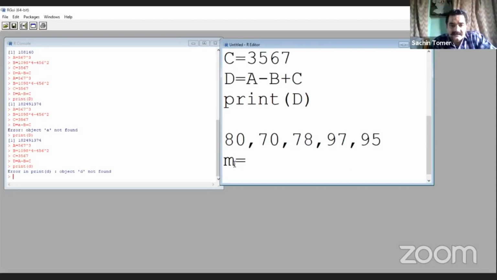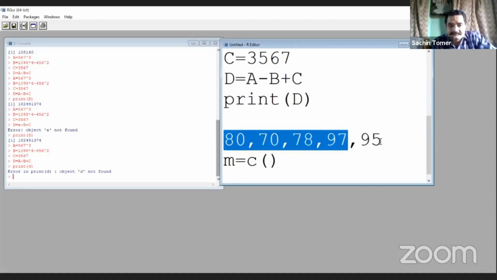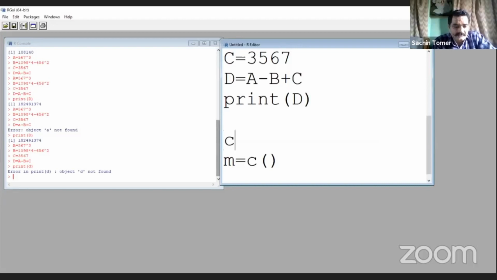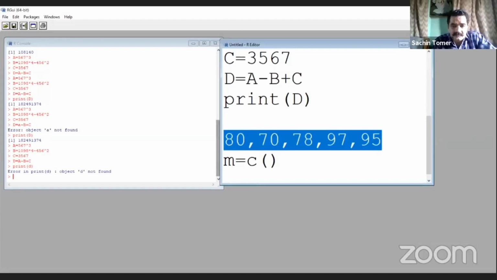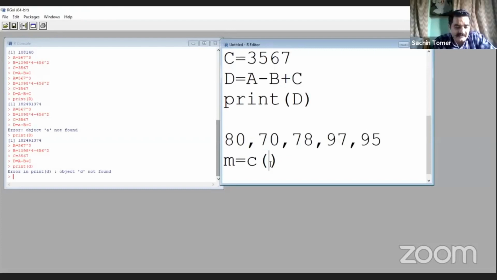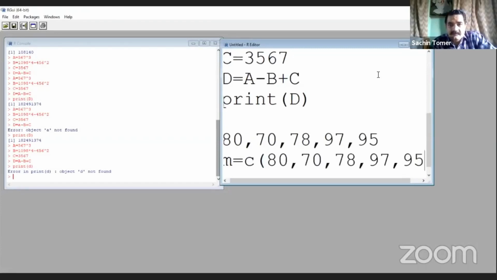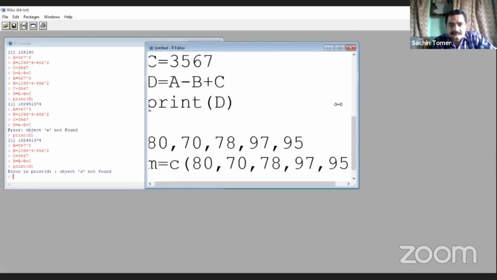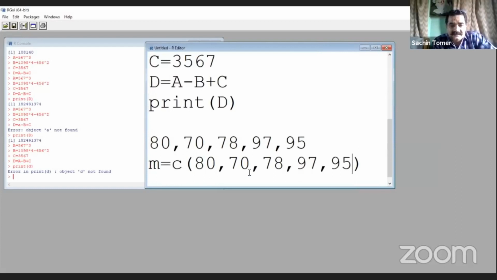M for marks is equal to c, then parentheses. Whatever data we want to enter into R, we put between the parentheses. So M is equal to c(80, 70, 78, 97, 95).